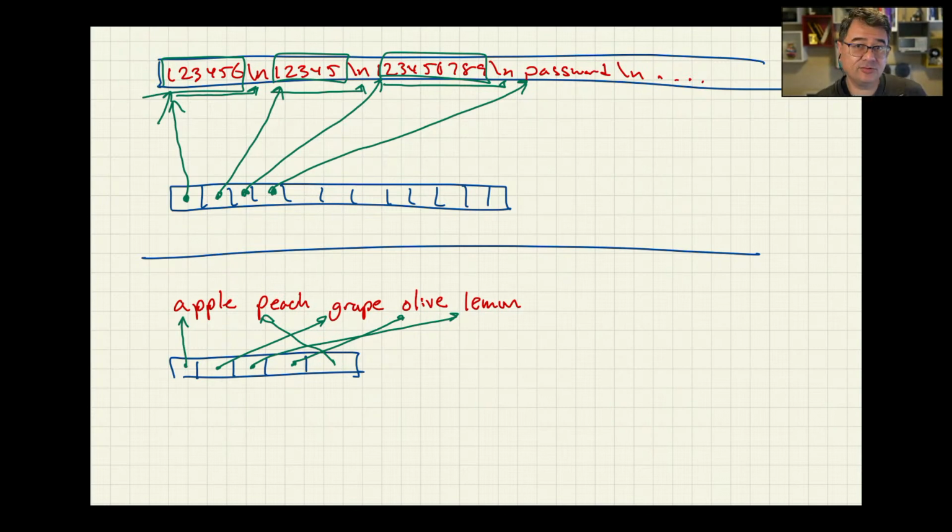So I can sort the words, but not by moving the words around. I can sort them by moving their pointers around. Notice that this array is still the same size as the one I had before, but the pointers are now pointing in different directions. So effectively, I've sorted it. Does that answer your question, Tiffany?